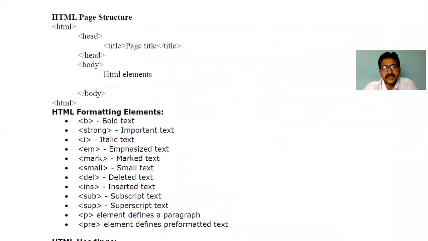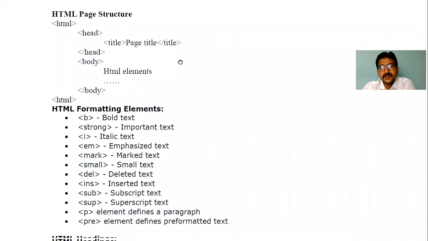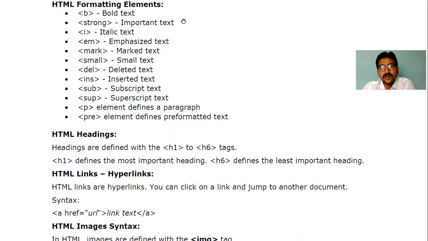What are the minimum things we require? We already discussed the HTML page structure in the last classes, right? So the HTML starting and ending tag, head and body, and a title we can add. Whatever HTML elements we require, we need to add in the body. Okay, so here the slash is missing, right? Then HTML formatting elements, some of the elements which are required. Not only these, we require some other elements as well, but just for a recall to do this week 1A, I'm giving a glance view.